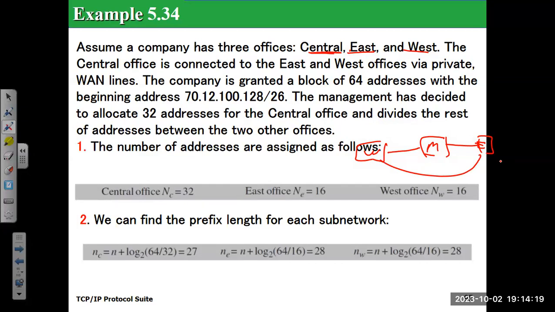All right. The company is granted a block of 64 addresses with a beginning address. That's the first IP address, and it's 64 addresses. So 64 is 2 to the power 6. Perfect. That's why my prefix is 26. All right. The management has decided to allocate 32 for the central office. So the central office will have 32 addresses